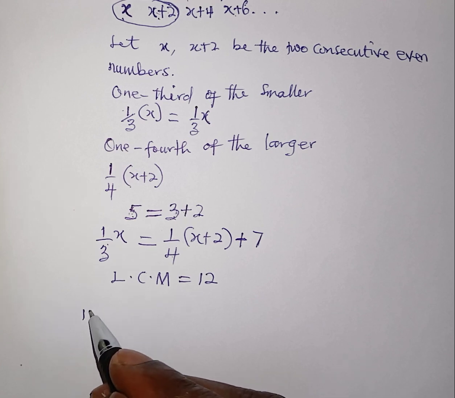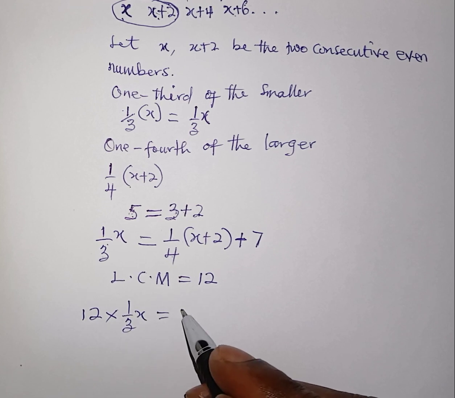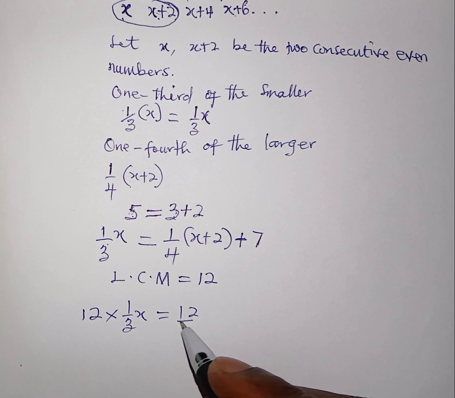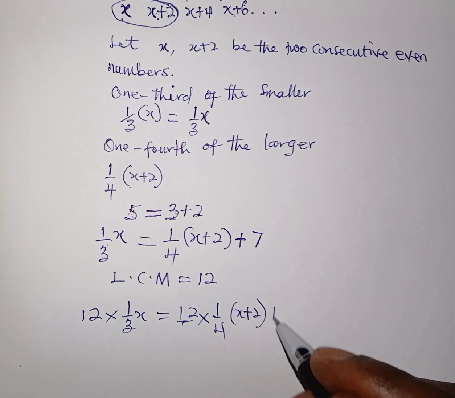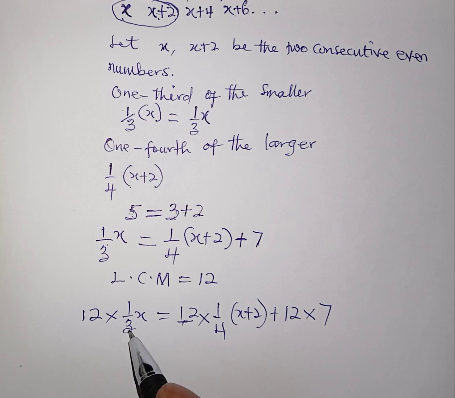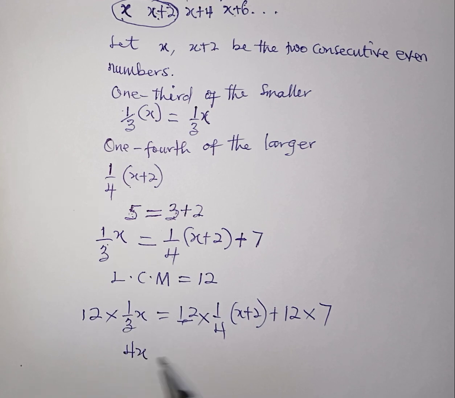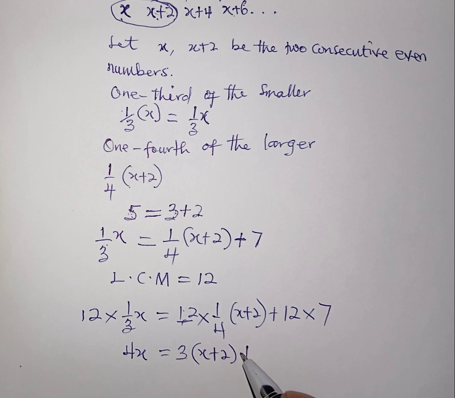So I multiply 12 by 1/3 x, which is equal to 12 times 1/4 of x plus 2, then plus 12 times 7. Now 12 divided by 3 is 4, times x gives us 4x. 12 divided by 4 gives us 3, multiplying the expression x plus 2. And 12 times 7 gives us